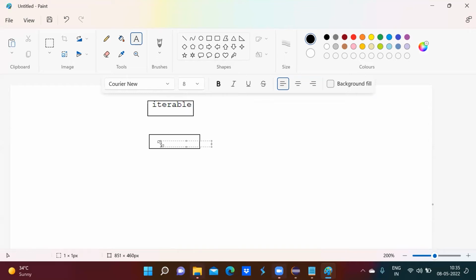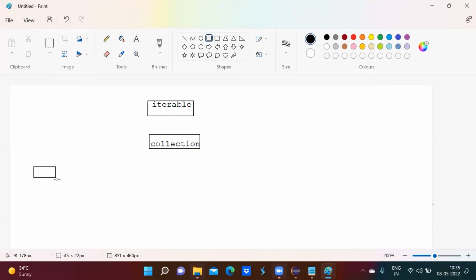Then we have one Collection. Then we have something called the List interface. Here we have Set and we have Queue. In List interface we have ArrayList, we have LinkedList,